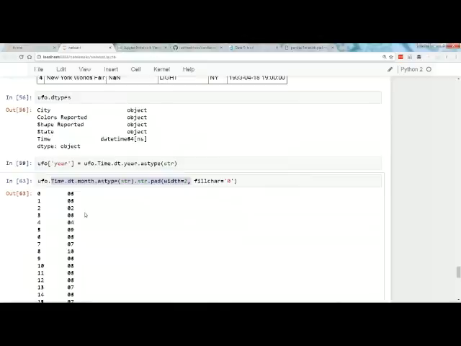Now, Montesh says, for datetime, can we use strftime? I'm not sure what that is. I try to do as much as possible in pandas because pandas is so powerful, and you don't end up having to use apply functions and write for loops and if statements. You can just get it all done in one line of code. That's how I tend to do it, but there's always a different way to do things. So UFO month equals that.